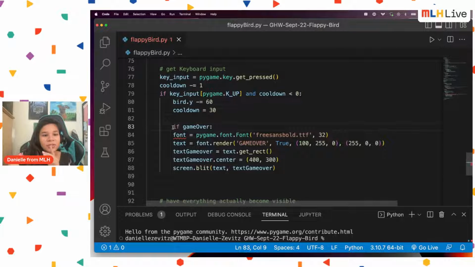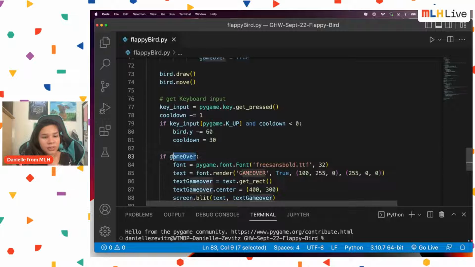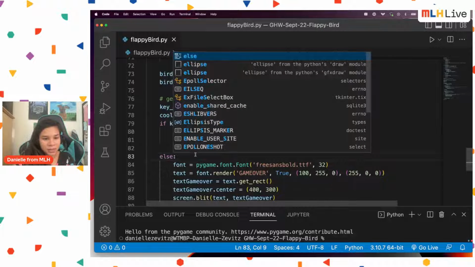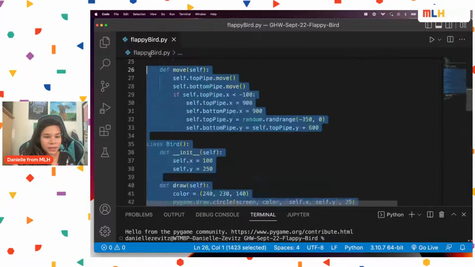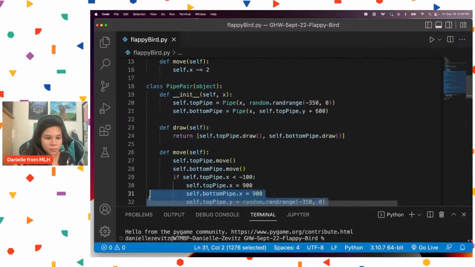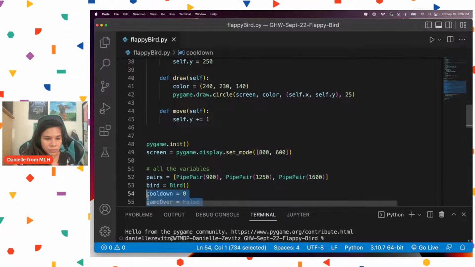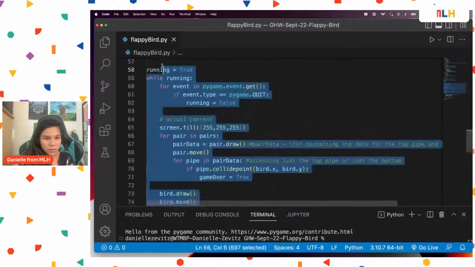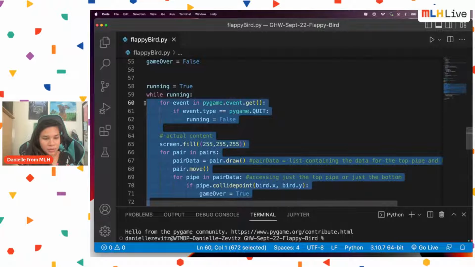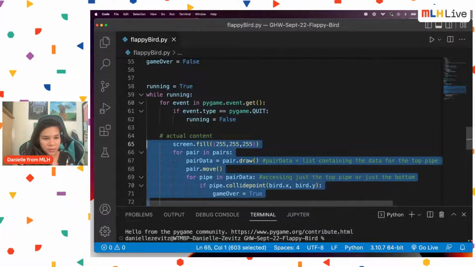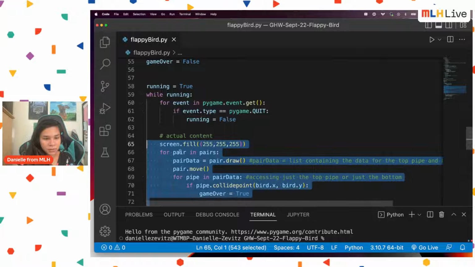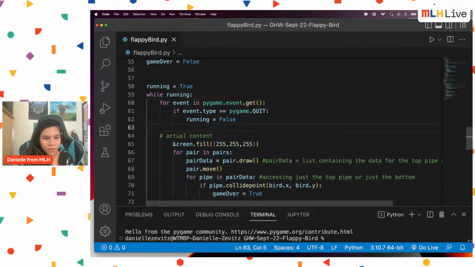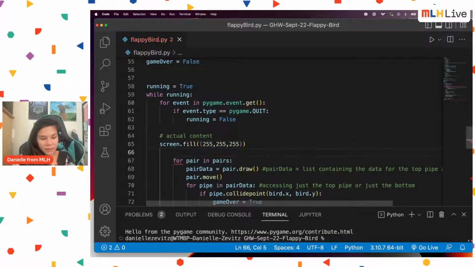Okay, so all that's at the end of the screen. Let's do an else here and put everything else outwards. Oh no. This all out. All the actual content moves out, and we say if